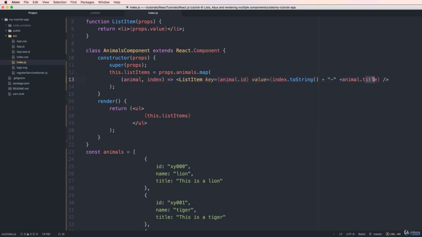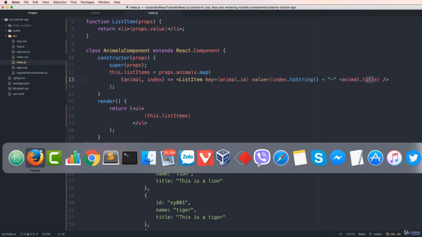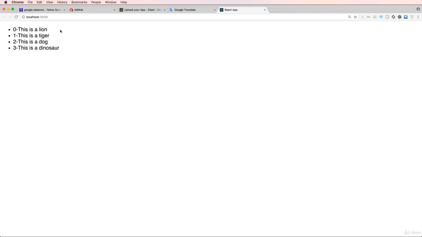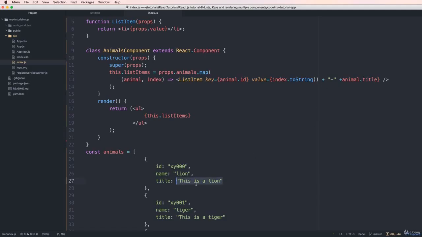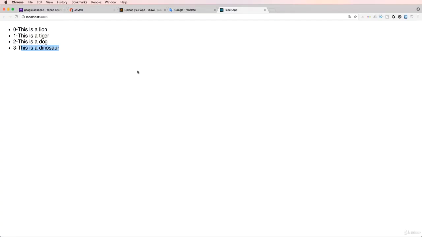And I can show the title in the output. Yes, this is a title, and depending on your work, you can show another field. For example, name. You can search name and refresh. Okay, now